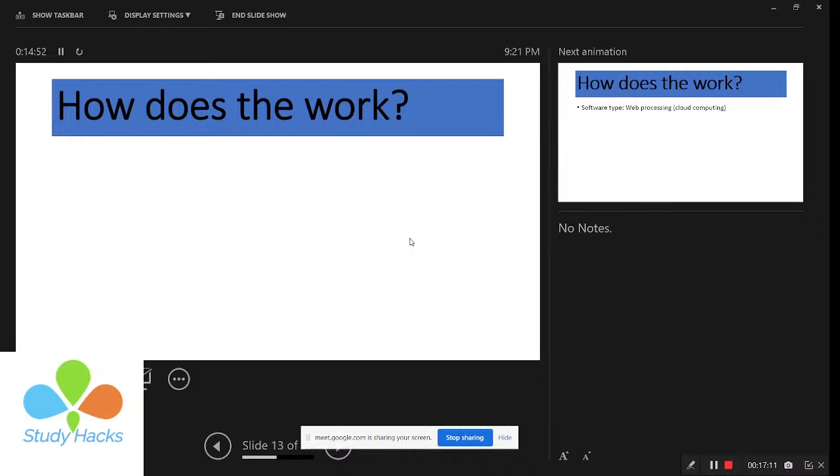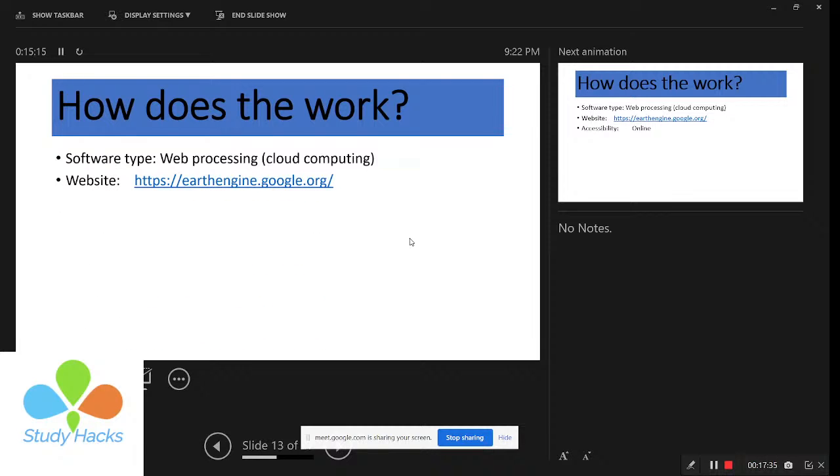Currently, JavaScript and Python are supported, but JavaScript is more advanced and an easy way to learn. So that's why in this training, I will use the JavaScript API code editor and discuss all of the things. The software type is web processing or cloud computing, so you don't need to download any software. This is the main website, earthengine.google.com. As for accessibility, when you want to use the Google Earth Engine platform,